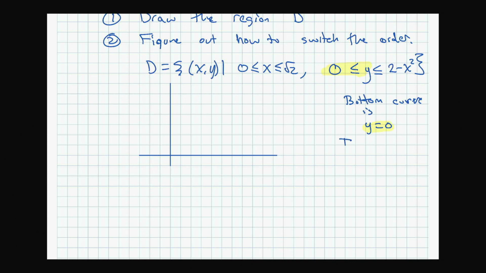The top curve is y equals 2 minus x squared. That's from this. So you have to graph these two curves. y equals 0 is easy. y equals 2 minus x squared, that's an upside down parabola